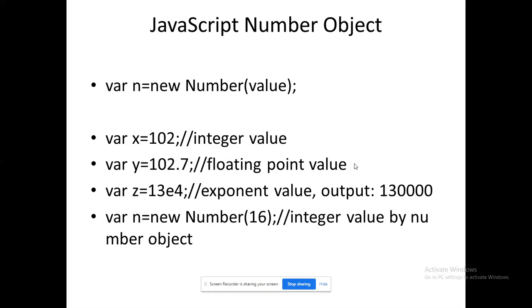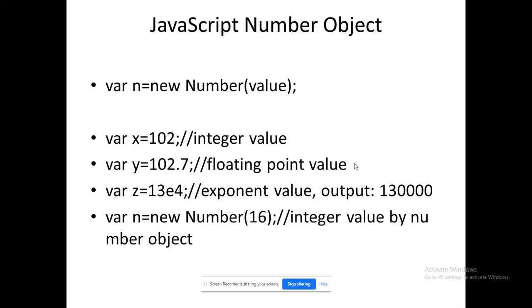Number object. What are all the number objects available in this? Initially we have seen object, next array, next string, after string Boolean. So now we are going to work with the number object. What is this number object? Nothing but we are going to work with numbers, that's all. But how it can be identified and used by JavaScript, that's the important rule here.